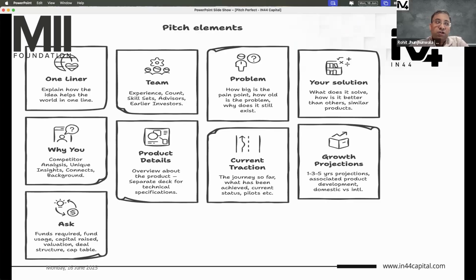And an idea stage company asking for $1 million, the question is, what are you going to do with 8 crores, 9 crore rupees? Are you going to use that to come to MVP level? Are you going to use that to come to growth level? Why do you want 8 crores upfront? So if you have a justification for that, even if it is 10 lakh rupees or 8 crore rupees, the justification should be that, sir, if I get these 10 lakhs or 8 crores or 1 crore, this is where I am going to use it. You cannot say, sir, I will figure it out.